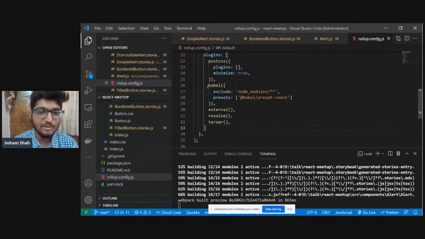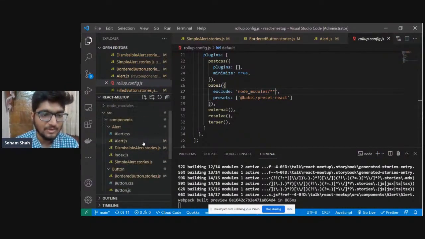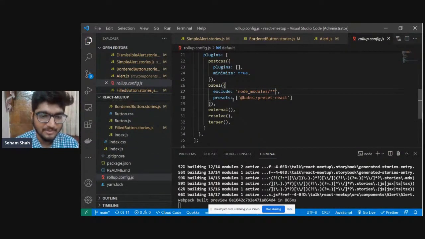And we want to do the Babel transpilation, so we passed in the preset, and we obviously don't want node_modules to be transpiled because we are not shipping them with our product, we are just caring about the components, right? And these three: we don't want any peer dependencies. We want to resolve node modules.